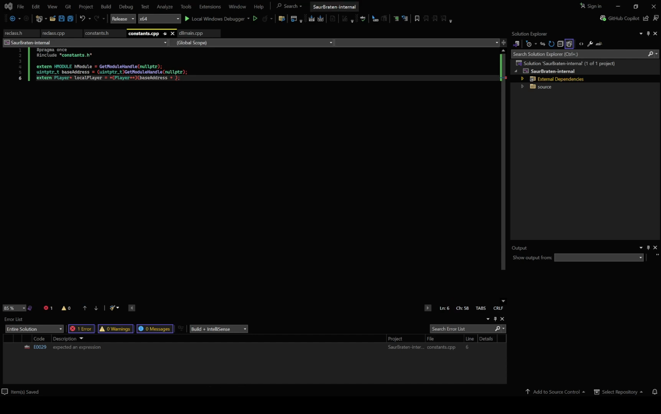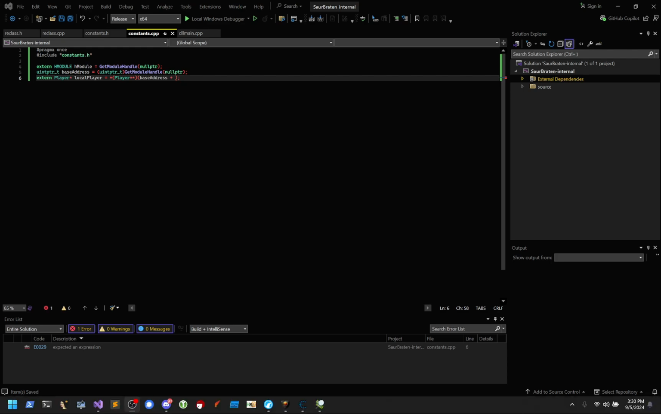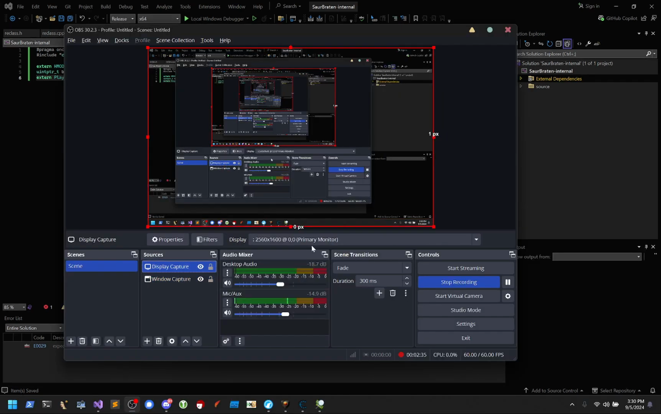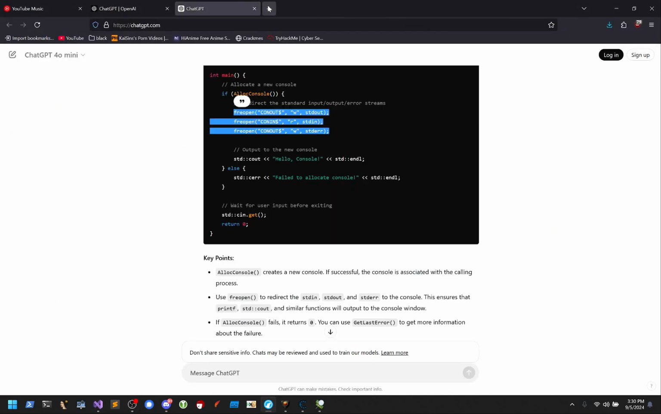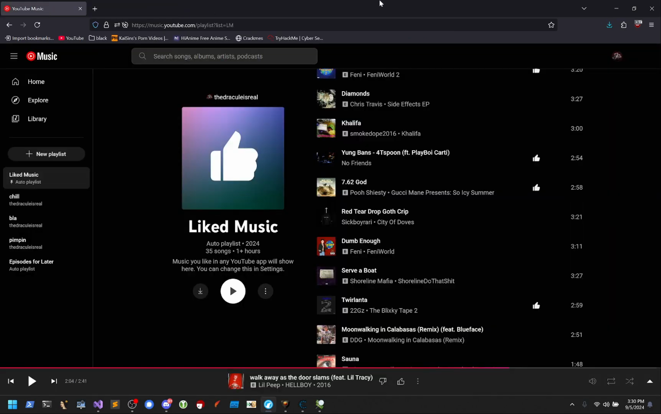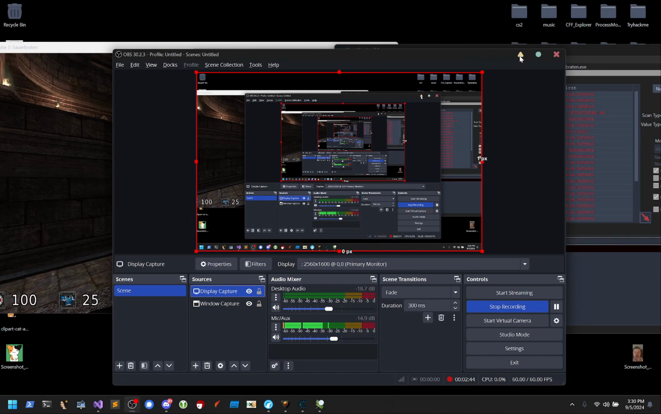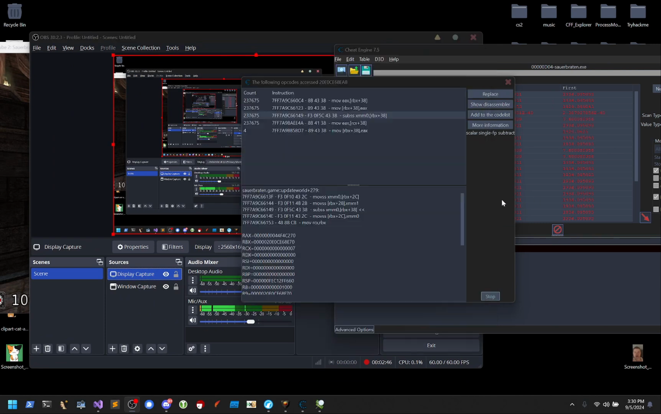So to get the base address, we're gonna want to go to... let me change my window so you can see everything. Maybe let's turn our display. I was trying to fix my Copilot. Alright, so to get the static address, we're just gonna take this address and